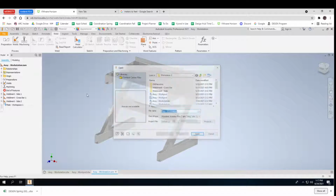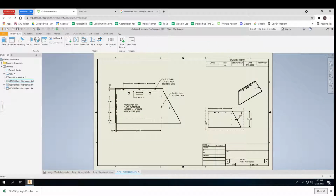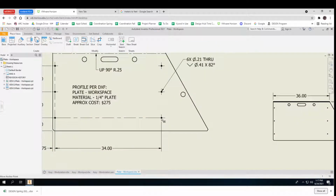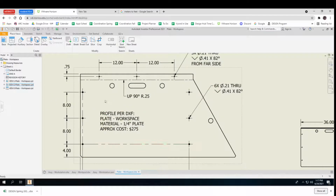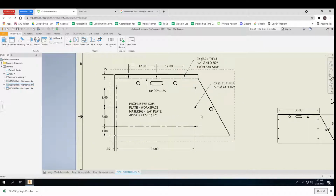Let's see what other drawings I've got in here. Assembly, work pod. Looks like the old drafting tables. It pretty much is. So basically, this is a flat plate layout with bend angles, and this just comes out of that file. Okay. What's really cool,